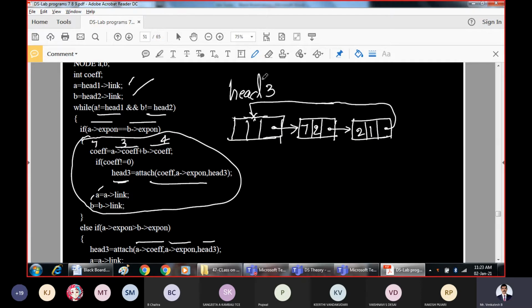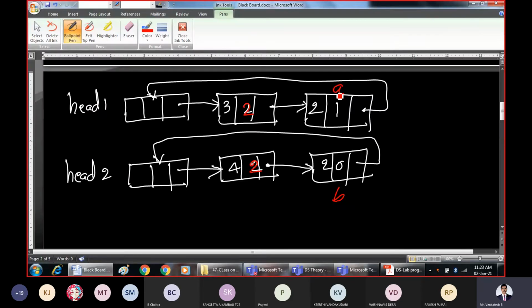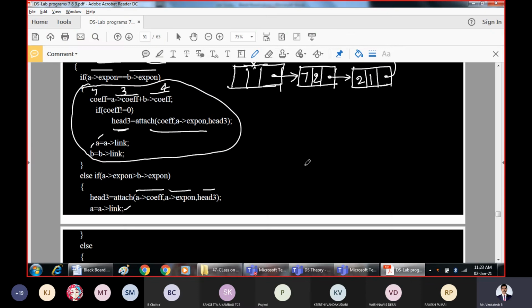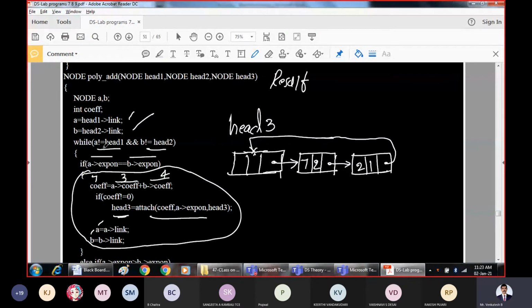Next, after attaching, I make A point to the next node: A equals A pointer link. Now A will come here, and this will get erased, whereas B still remains here. Now again check the condition: while A is not equal to head 1 and B is not equal to head 2.